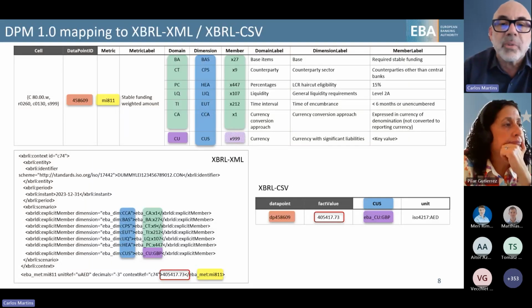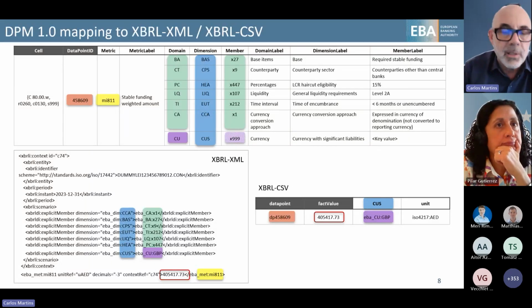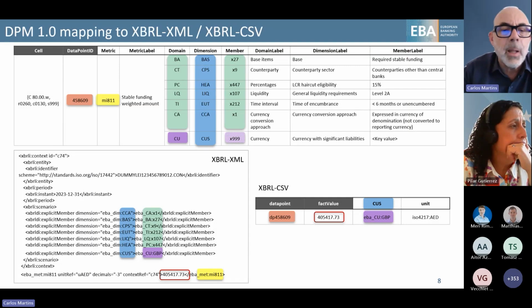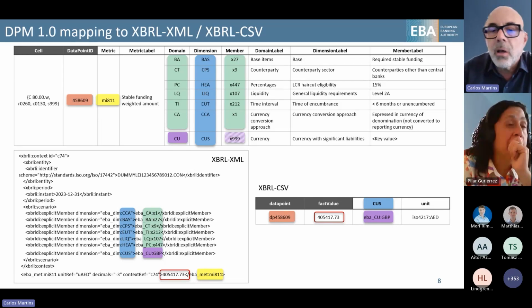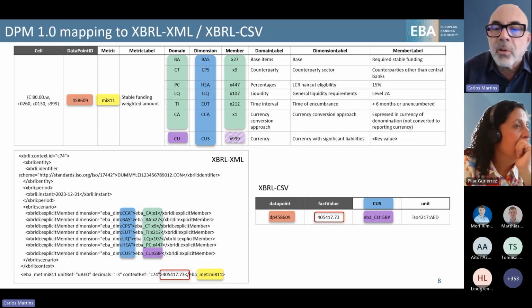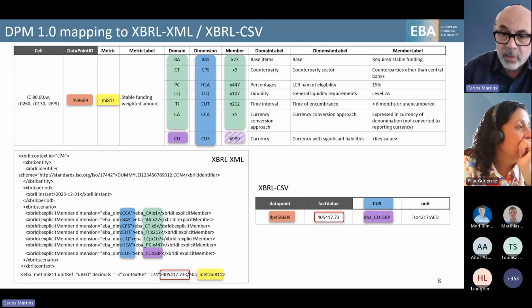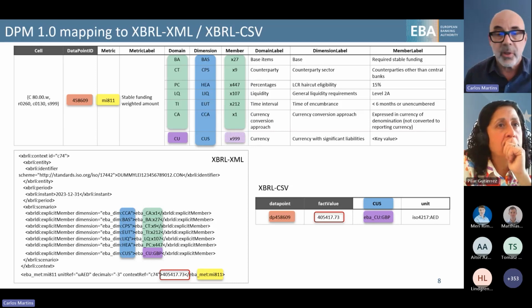It could not be defined, so that's why I use the X999 placeholder. But in XBRL XML, you see that now this refers to British pounds, and in the CSV you also need to indicate a column that defines the key that distinguishes this data point from all data points with the same code but referring to different currencies.